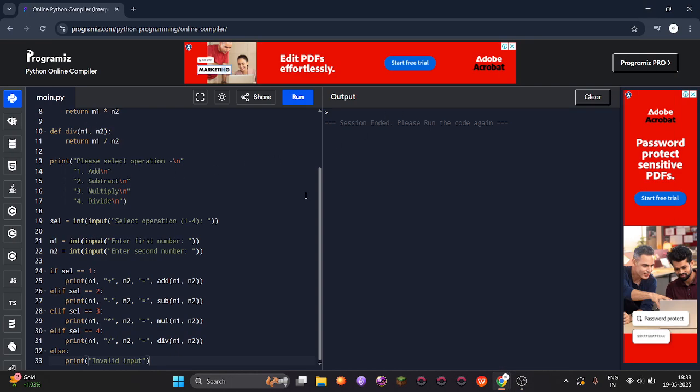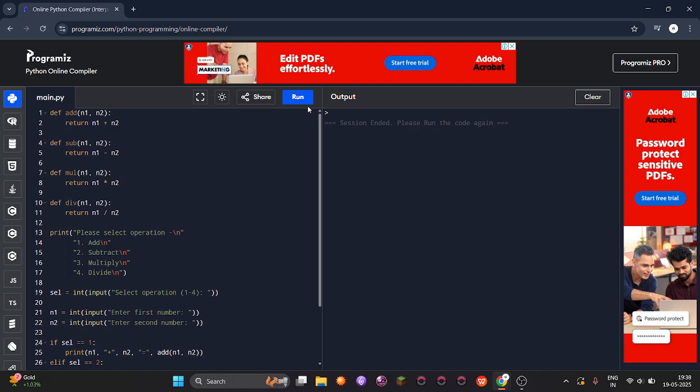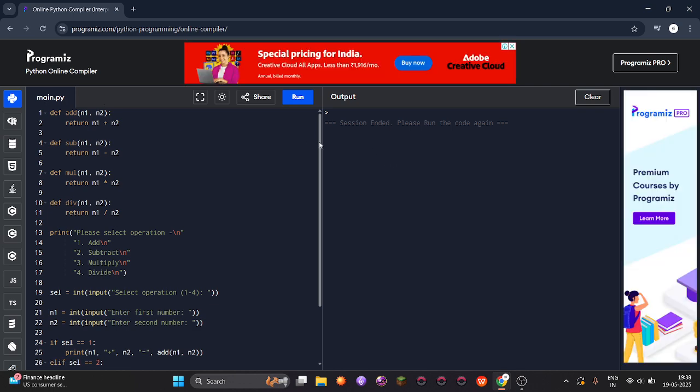Myself Saksham Sharma from class 10 Super 30 Gold Batch, and today I'm here to present my art integrated activity of AI. So let's get started. In this art integrated activity, you have to make a calculator or a game using the Python application, and I have used the Python online compiler of Programmist to make a calculator which is very functional and very powerful. So let's learn how I made it.